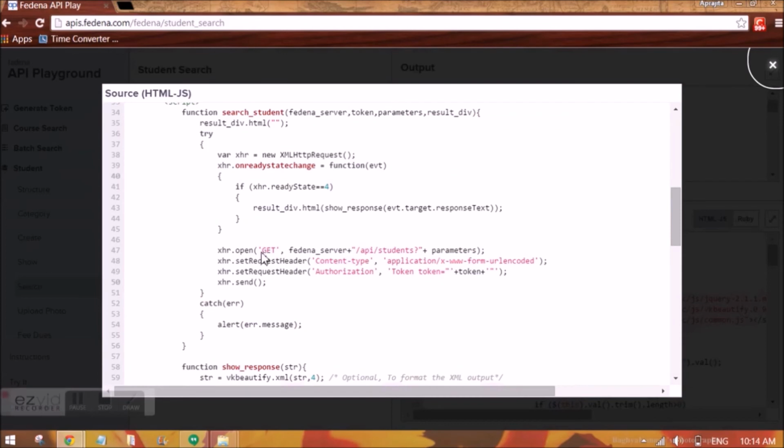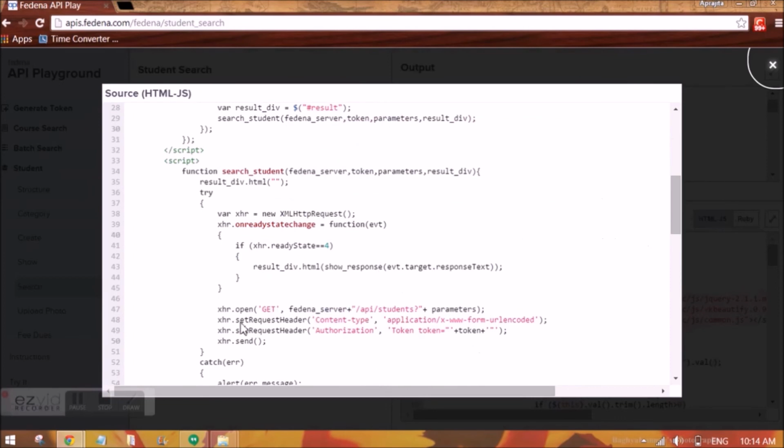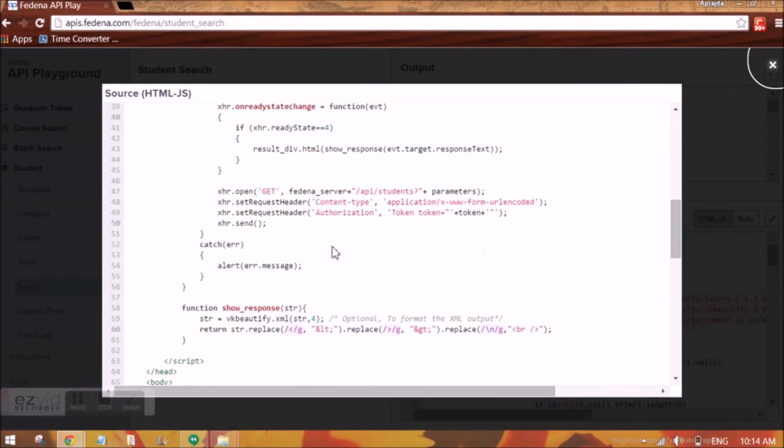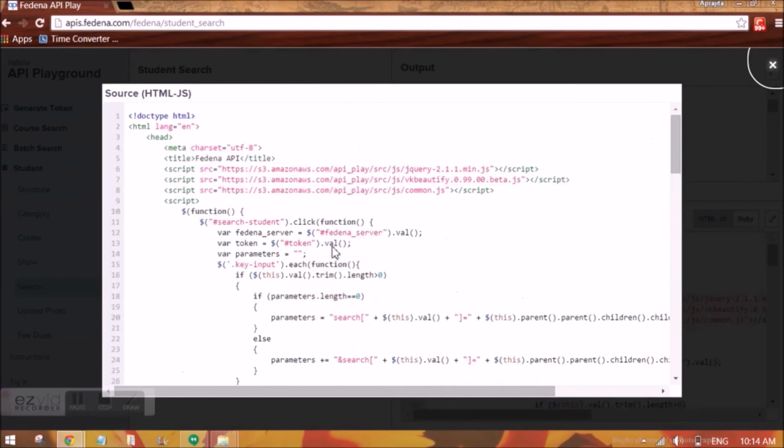So this is the URL. So the request is the URL followed by the API students and the parameters that you just entered. So using those parameters, this code will help you search the students. You can modify this code as per your requirement.